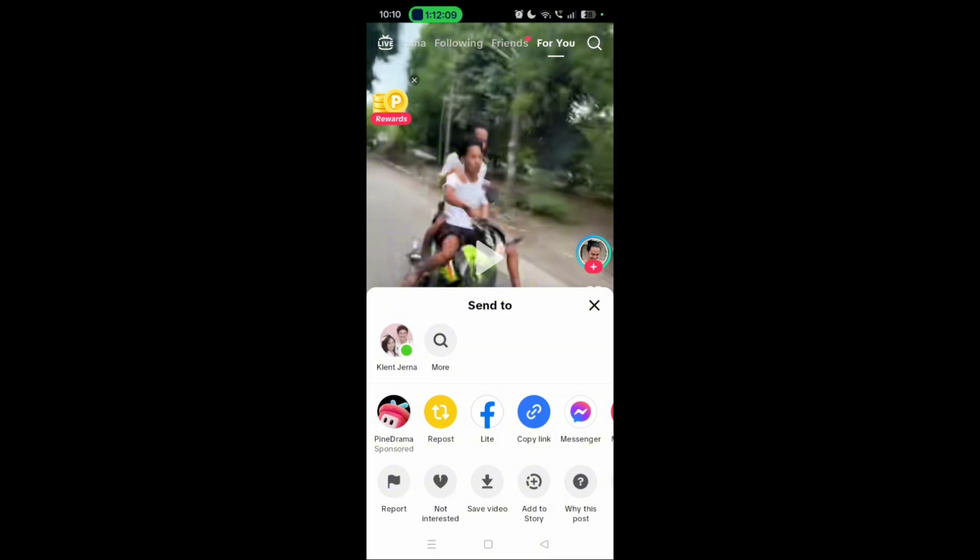Most of the time if it does that, it may be because of your internet connection or your device storage. So always check your device storage to see if you still have enough space. Make sure you have at least about 100 MB of free space if you want to download a short video here on TikTok. But if it's a long video, make sure you have much more storage so you're able to download it.